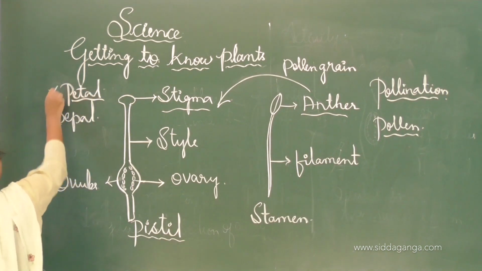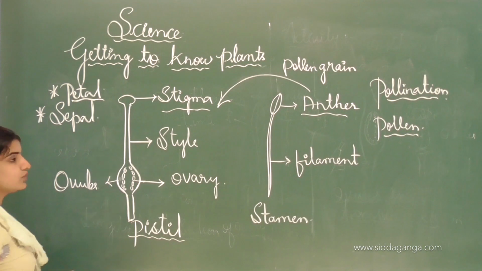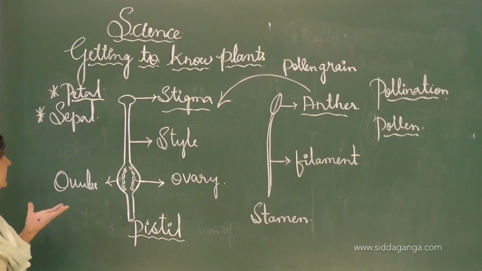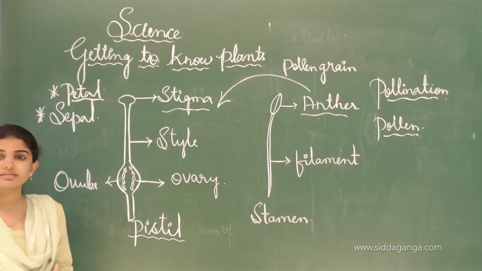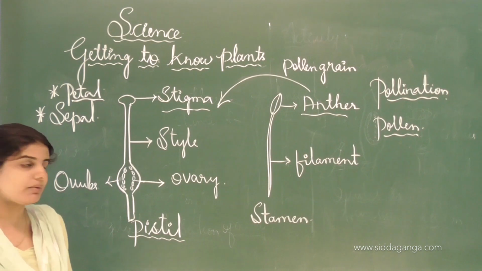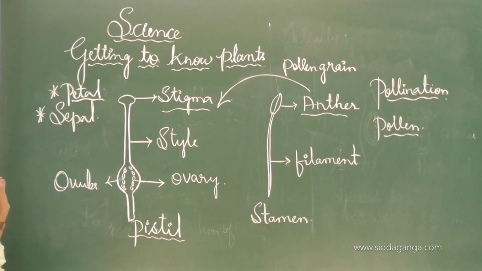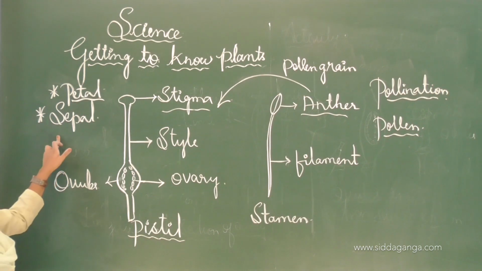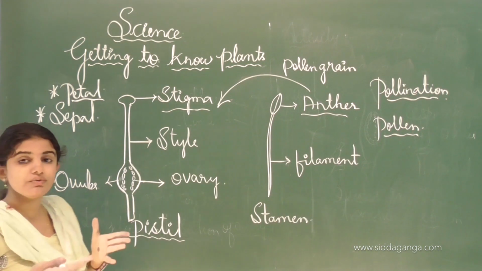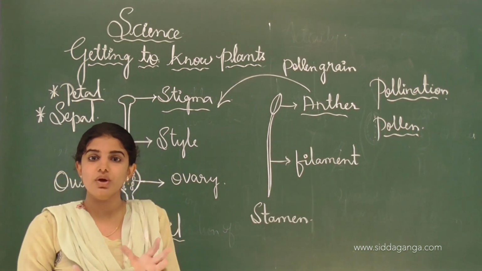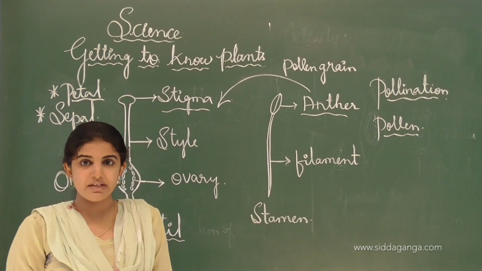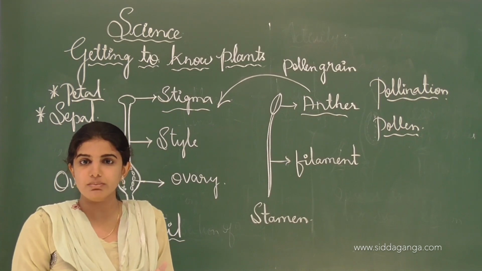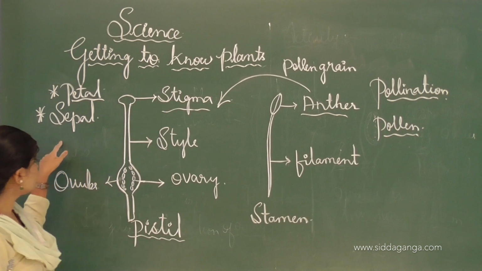The petal's function is to attract the insects to suck the nectar from the flower, and thereby it will be helpful for the animals and the insects, and even human beings also. It will attract them, and especially insects will visit and suck the nectar from the flower. And next one is the sepal. Sepal is a leaf-like structure present at the base of a flower, which helps to protect the flower in a bud condition, and after the bud matures into a flower, it helps by giving support to the flower, and this is the function of the sepal.